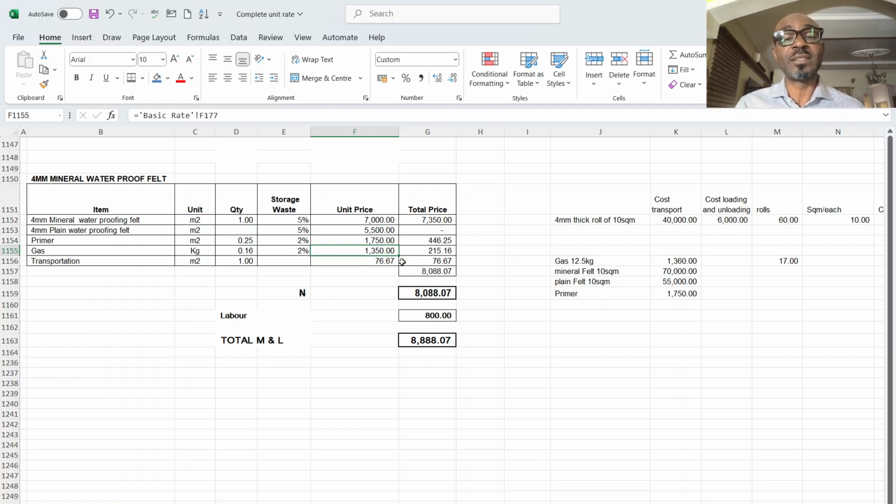Then I multiply by the kg per square meter. It gives me 215. Then of course the transport, which I did illustrate, gives me 76 naira 67 kobo. So my cost per square meter for one layer of mineral felt is